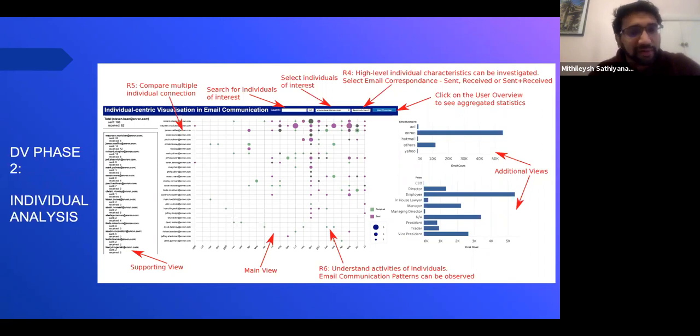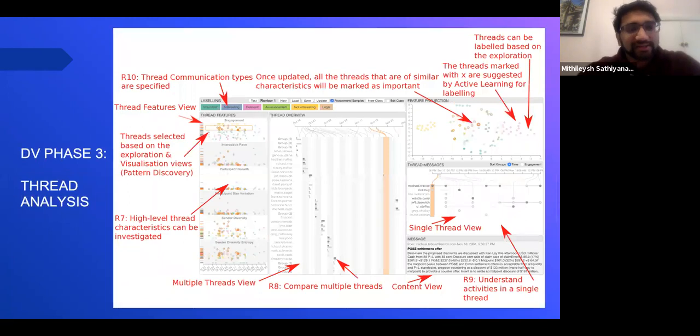Once we were confident about phase 1 and phase 2, we moved into phase 3. That's nothing but thread analysis. In the thread analysis, we were able to identify what type of data or information has been recorded. You can see at your right side bottom the patient's notes and data being captured. At the same time, you have different kinds of visualizations, which we call a single thread view and multi-thread view.